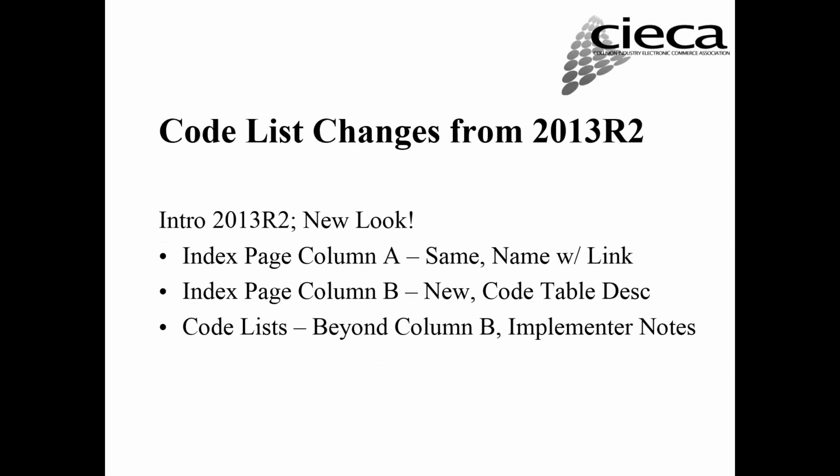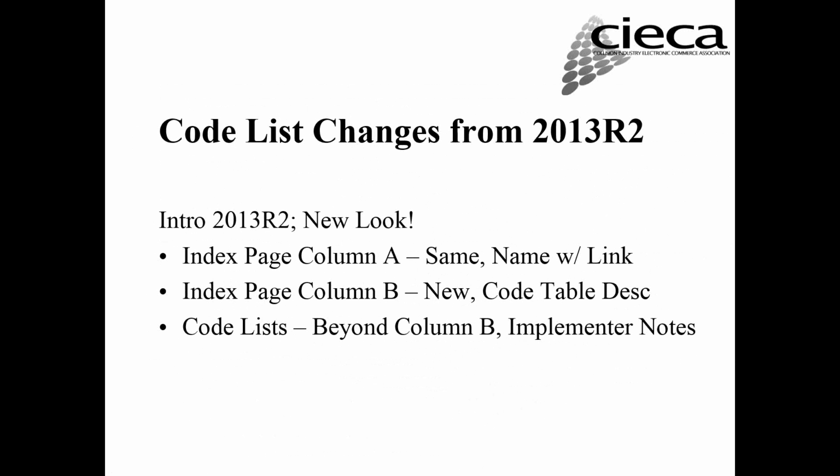The code list changes changed from the last time in 2013 R2 with a new look. The index page column A was the same name with a link. The index page column B is a new code table description, so it makes this index more useful and more important than ever, given that you can't see even a tiny fraction of the available tabs across the bottom anymore. And then the code lists themselves,